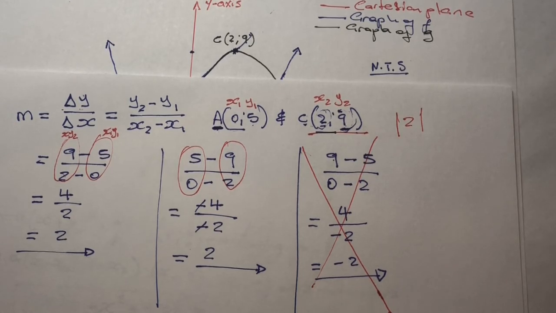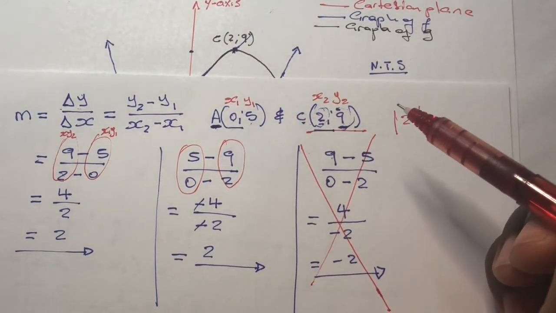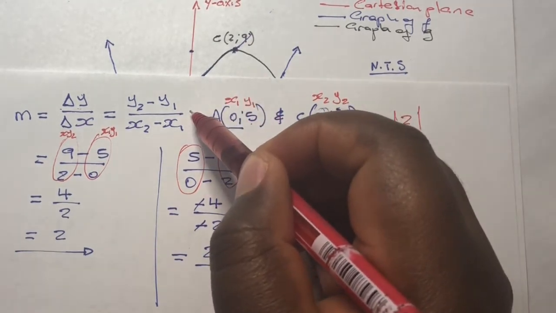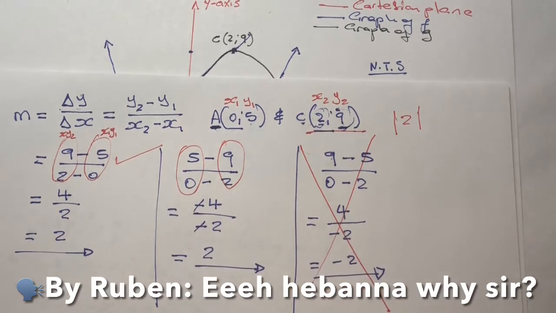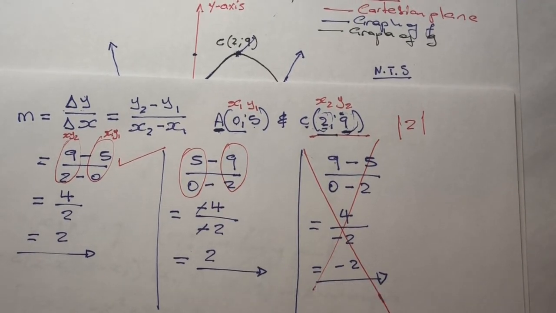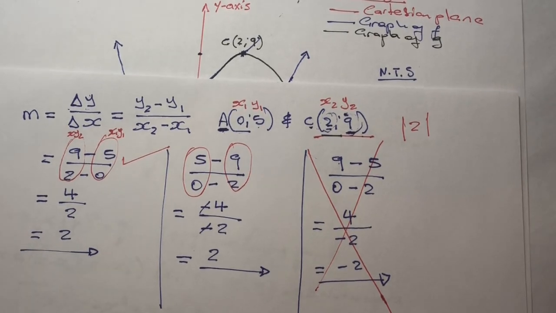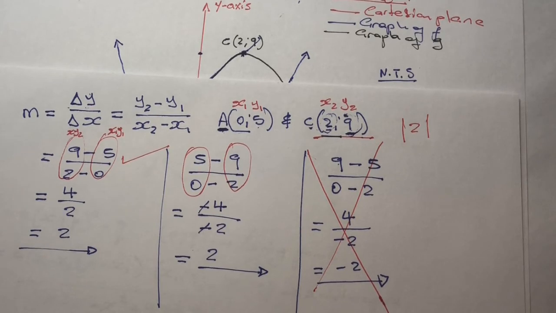So when it comes to the marking part, we are not going to give you a mark for writing down the formula, but instead we'll give you a mark for correct substitution. Why are you not given a mark for the formula? The answer to that question is simple, guys, because I've already shown you where you get that formula. So it's assumed that you got it from the formula sheet. So that's why you're not given a mark for